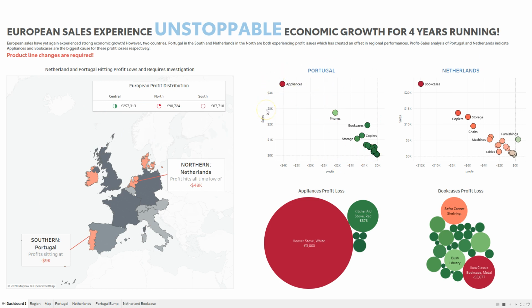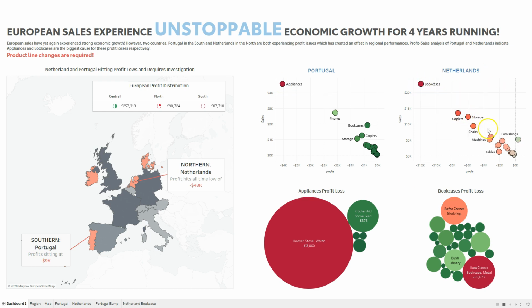And when it comes to sales, it's a bit one-dimensional. You've got to look at both sales and profit, and this is where a scatter plot comes in really handy, because then you can see, great, we made heaps of sales, but we also had bad profit, right? Because you can't just look at it one-dimensionally. So here I put them on a scatter plot, and you can see very clearly that appliances, whilst making about $4,500 in sales, had a profit loss of minus $4,000. Looking at it independently, it can be misleading.